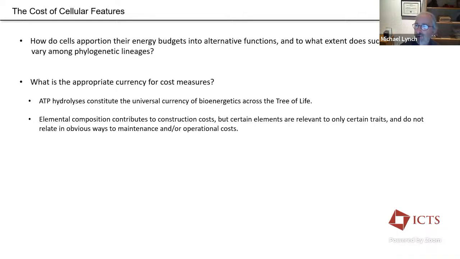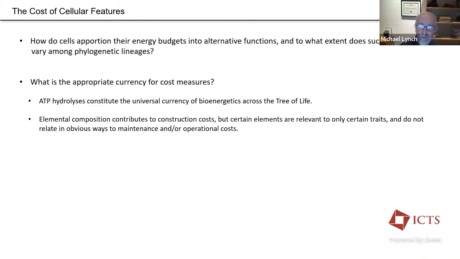I don't want to get too deep into the weeds, but there are other things that can also be converted into ATP equivalents because they enter things like the electron transport chain. And then we can go back through that little scheme I showed you about converting protons to ATP and so on.